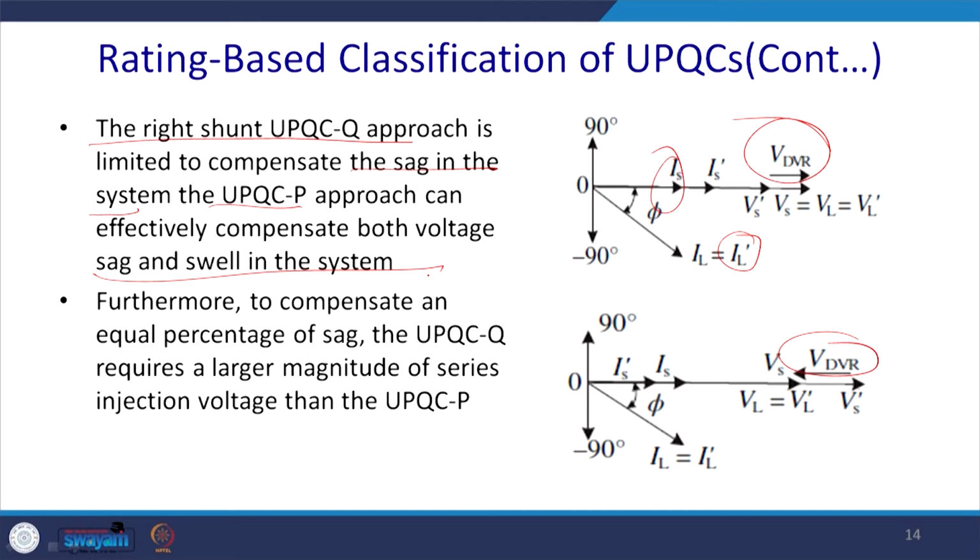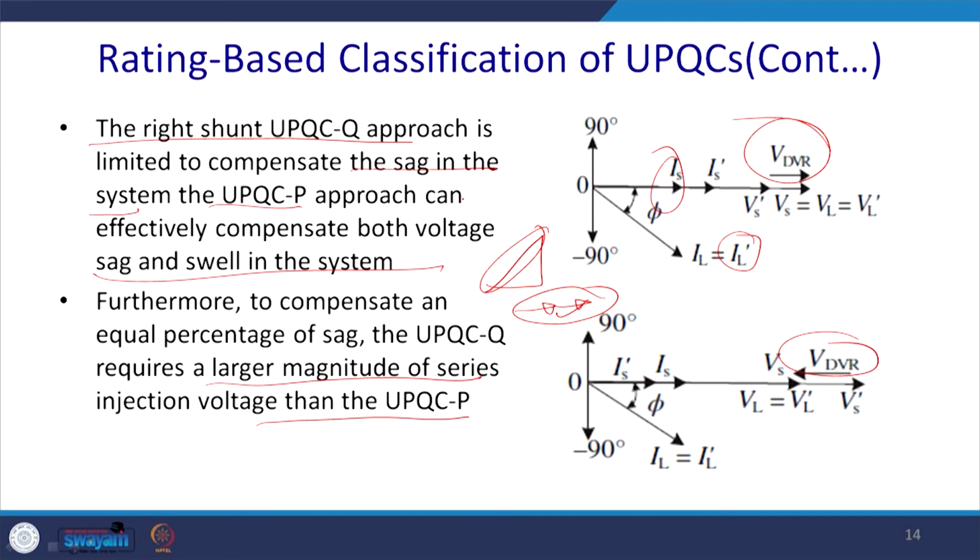Furthermore, to compensate an equal percentage of the sag, the UPQC requires a larger magnitude of the series injection than the UPQC-P, because this is the case. So, this magnitude, and once you have in phase, this is the magnitude. Of course, this magnitude is better than this magnitude, but the challenge of P is that real power is required to flow